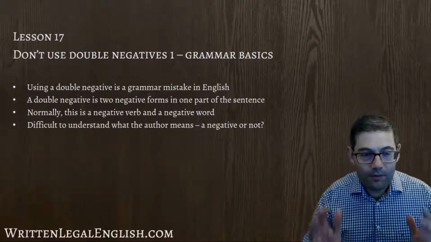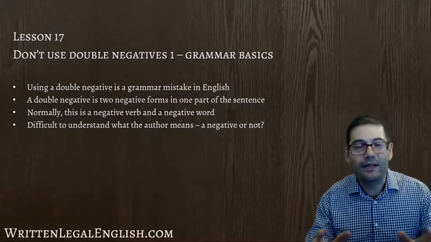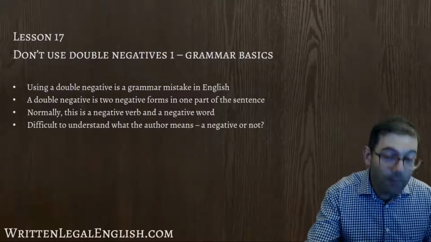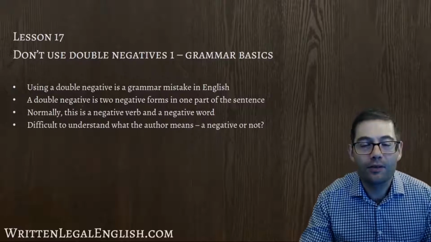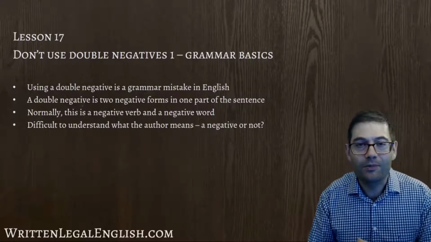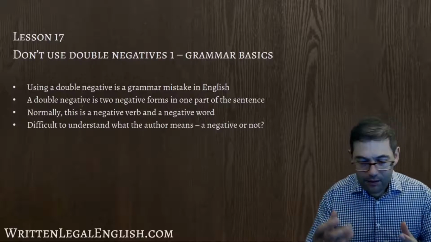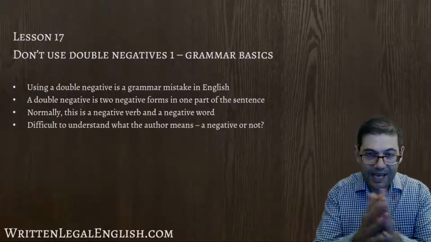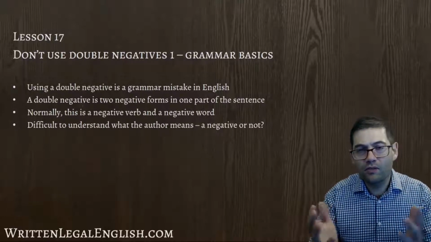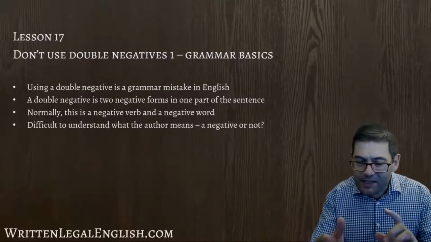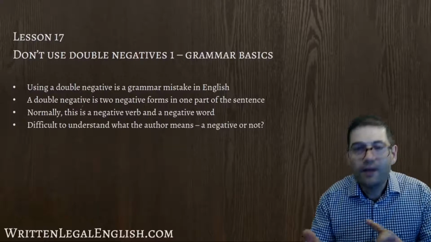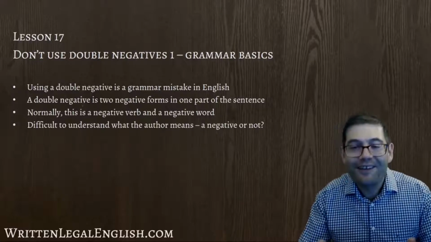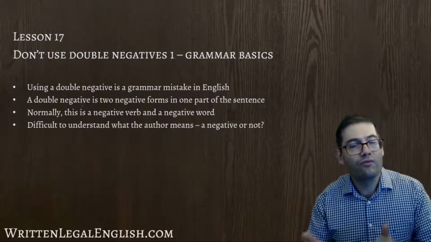Now, the main problem with double negatives is not only that they are a grammar mistake, but the problem the reader has when they try to read and understand a double negative form. Do readers think, okay, this is one negative and another negative, and, as in maths, the negatives cancel each other out? Or does the reader think, well, actually, I think this is a mistake, but the writer meant to say this? So the reader then has to make a decision that they shouldn't have to make. They have to decide what the writer is really trying to say.